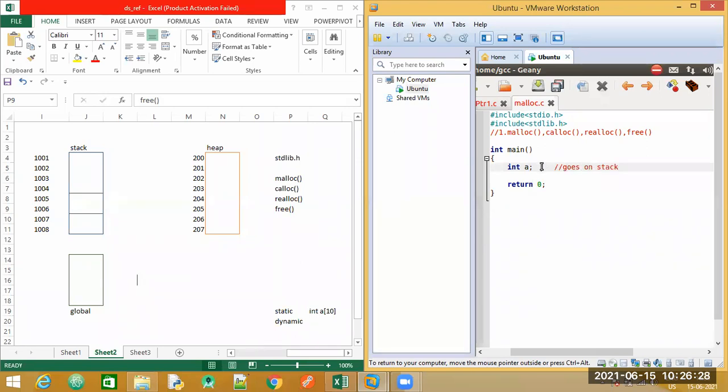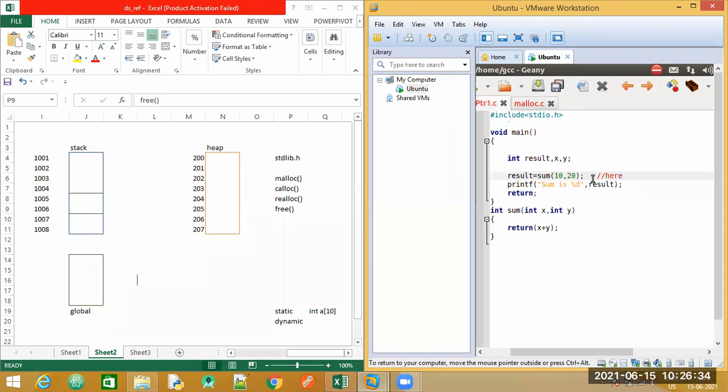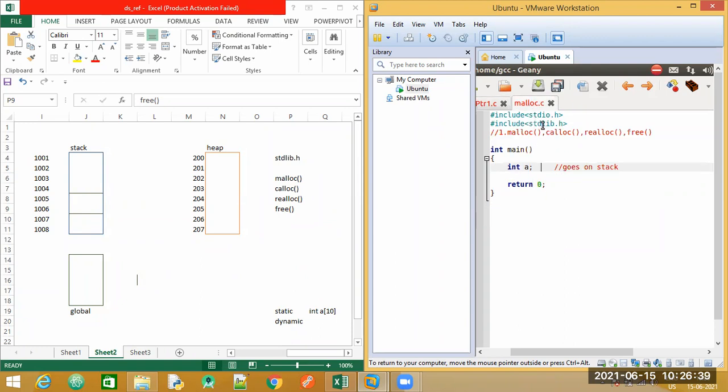We have used these conventions, int a, int *p, and these function calls. All of these will be put on the stack. Stack indicates static memory allocation. So this is one method. We have put it on the stack now.